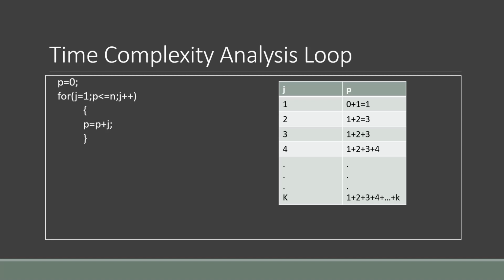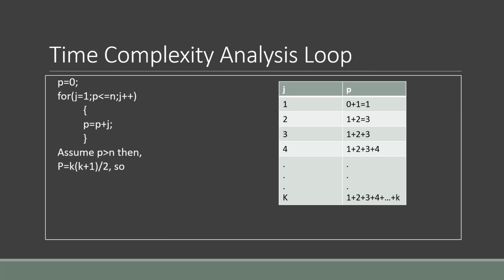Then for j equals 2, the value of p would be 1 plus 2 equals 3. If j equals 3, then p would be 1 plus 2 plus 3. If j equals 4, then p will be 1 plus 2 plus 3 plus 4. If j equals k, then we have 1 plus 2 plus 3 plus 4 up to k,